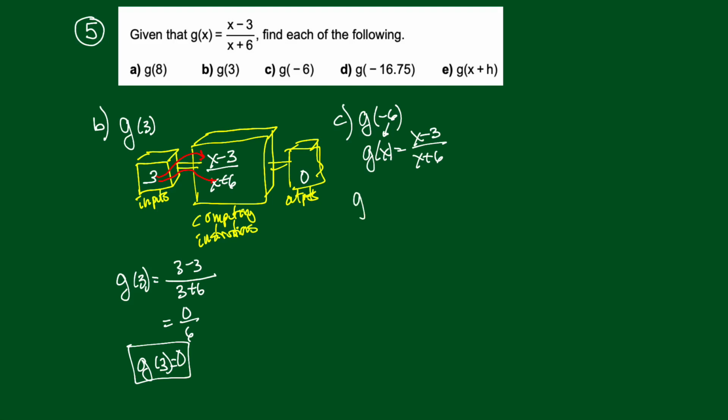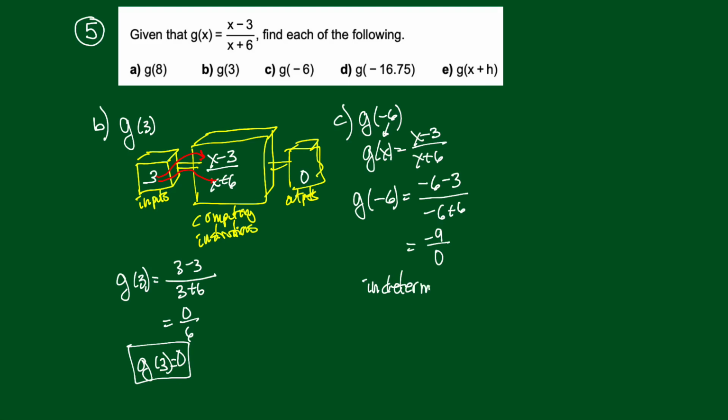So it's going to look like this. If you replace this x with -6, replace all of them. Replace all the x's with -6. So I will get that x I'll replace with -6. This x I'll replace with -6. Oh, this is going to be a problem here. I get -9 over 0, and that is